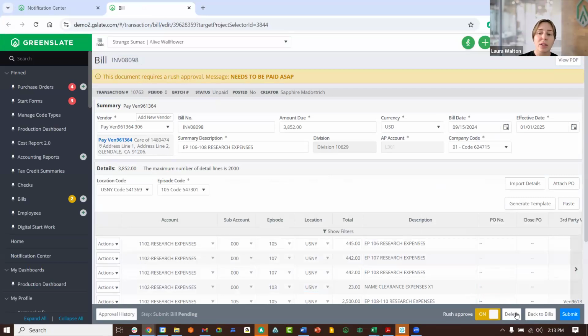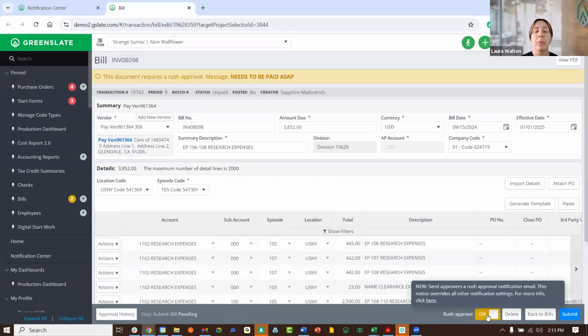It's this toggle down here on the bottom right. You just toggle that on, and then you get a pop-up, and you can put a reason of why it's rushed. That message then will show on the transaction or time card, start work, whatever. And then everyone in the approval flow, when it hits their step, will get an email letting them know this is a rushed item. So it just draws more attention to it to let them know, hey, we need